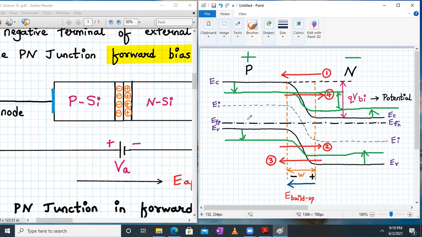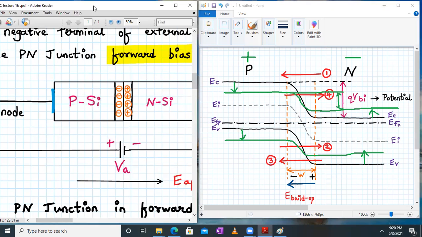Applying forward bias lowers the potential barrier for the carriers to diffuse. That is, electrons on the N side can see a reduced barrier to travel to the P side. That means it becomes easier for the electrons present in the N-type silicon in the conduction band to diffuse towards the P side, as well as it becomes easier for the holes on the P side as they see a reduced barrier to diffuse across to the N region.